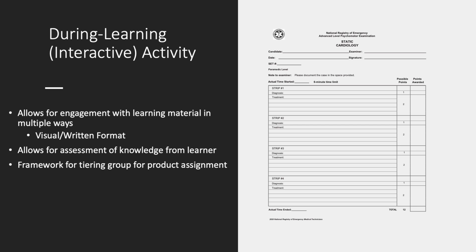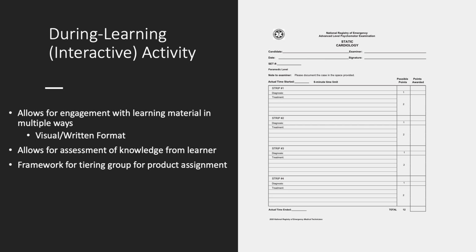their post-learning activity. Students who excel in this activity will be placed in one group, while students who demonstrate difficulty will be placed in another. It is the hope that students who require additional instruction will be provided that opportunity during the debrief of the post-learning activity. In this method, the class is tiered to the project and the post-learning activity, which we'll discuss in